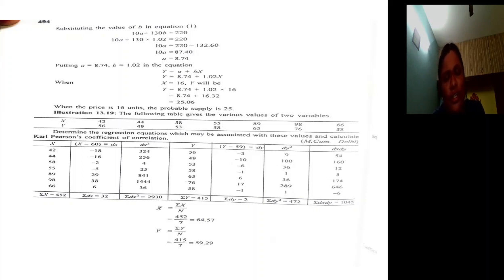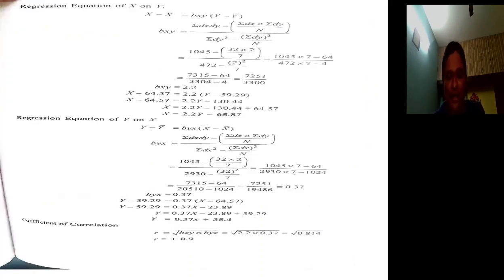So they took 60 as x. There may be a doubt in your mind, how can they take it, because I taught you that any one of the given values can be taken as the mean. Yes, you try. Do one thing: out of the given values of x, take the lowest value as the assumed mean of x, and take the lowest value of y as the assumed mean of y. Definitely you will arrive at the same answer.